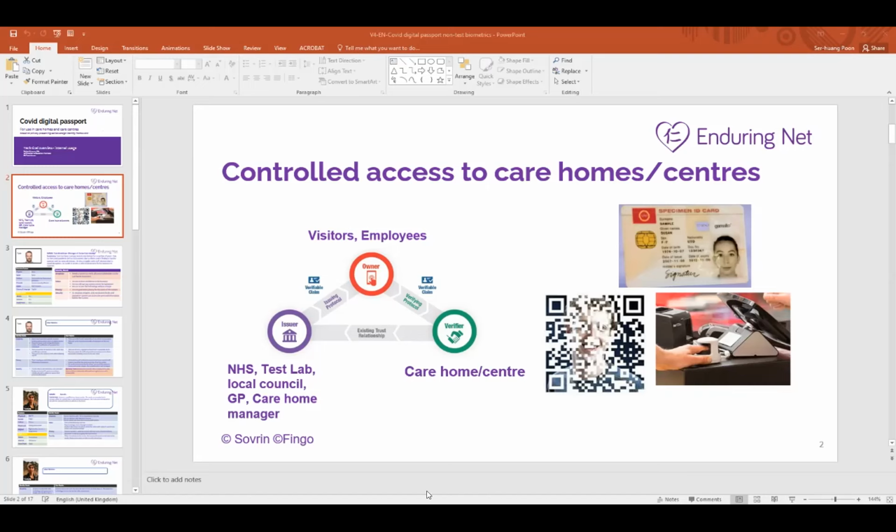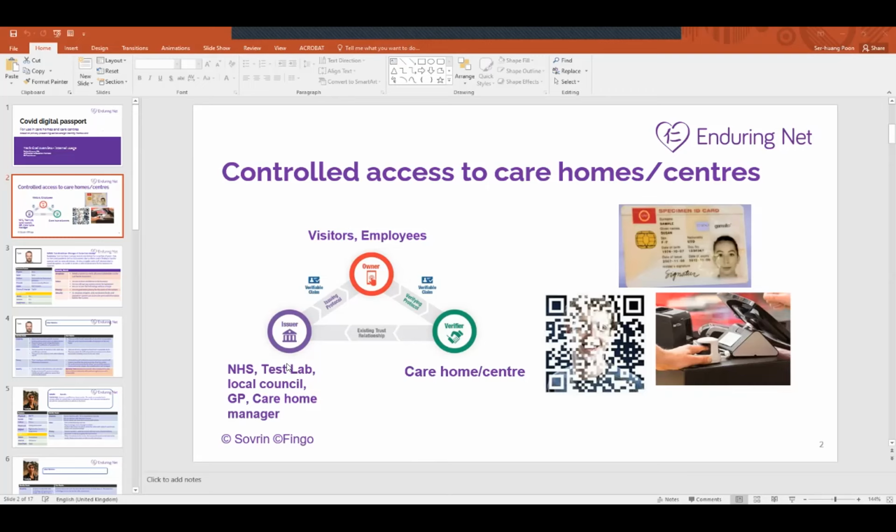The key point about a lot of this privacy preserving is this triangular relationship. The owner of the identity, the red circle, is in this case the students or the staff members.